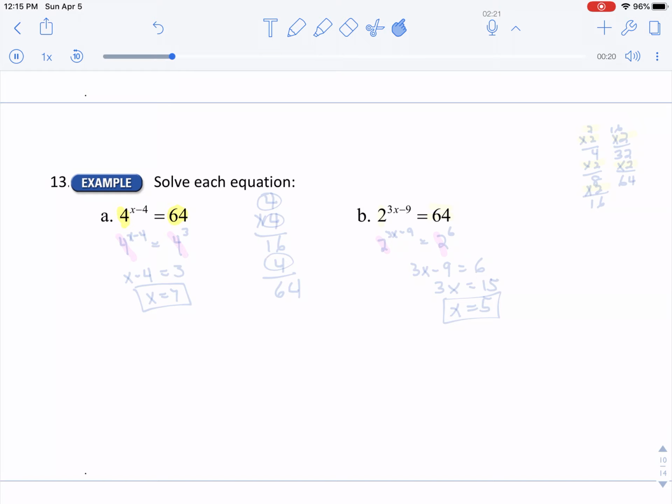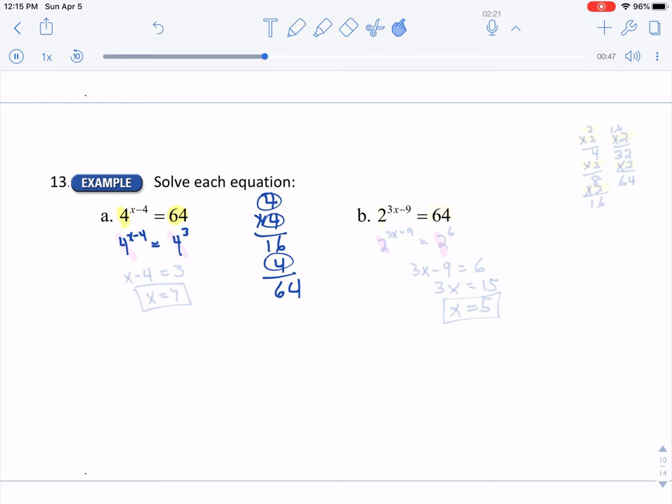Is there any way that I can rewrite 64 to make it a base of 4? Well, let's see. 4 times 4 is 16, and 16 times 4 is 64. So yes, I can rewrite that as 4 to the third power. So that gives me this equation: 4 to the x minus 4 power equals 4 to the third power, because I had 1, 2, 3 4s